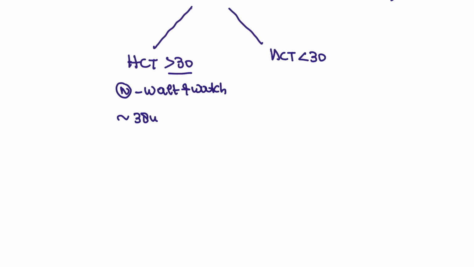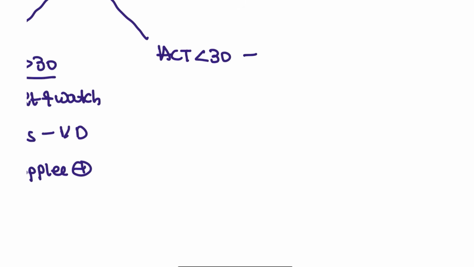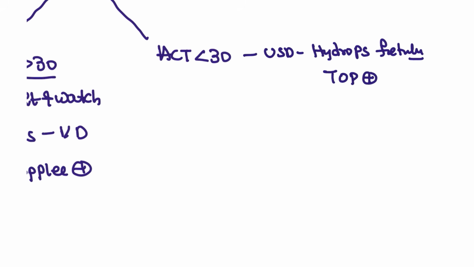Likely at 38 weeks you can go for vaginal delivery for this baby, and MCA Doppler has to be done for this patient. If the hematocrit is less than 30, on the ultrasound, if you see hydrops fetalis, or any other complications also, termination of the pregnancy has to be done for this patient. And even if the baby is less than 35 weeks of gestation, wait and watch,